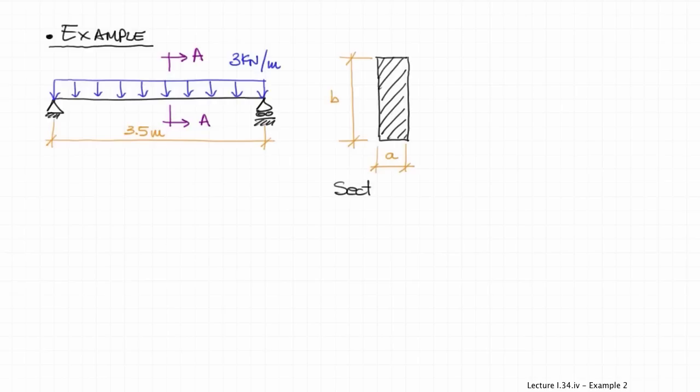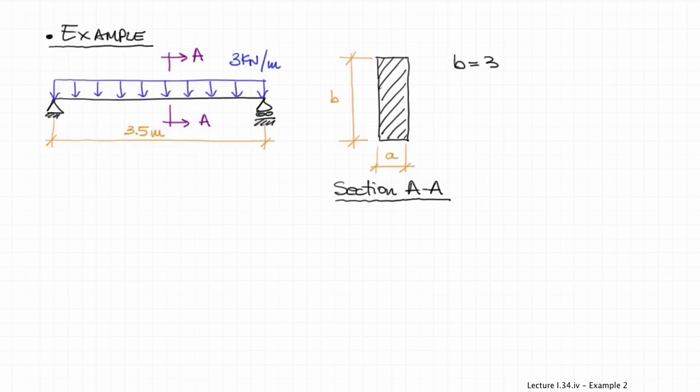Now, if we were to cut the beam at some point along its length and then draw the resulting cross section of the beam, so that would be section AA, the beam would be rectangular as shown, with the largest dimension vertical, the horizontal dimension being A, the vertical dimension being B,